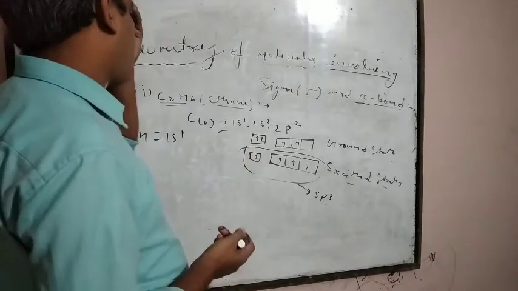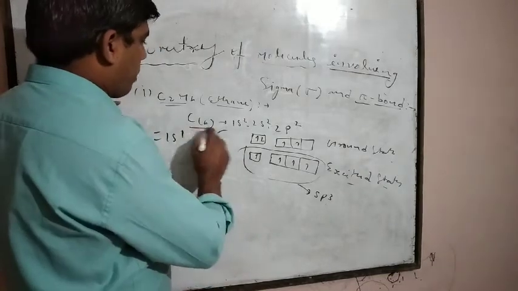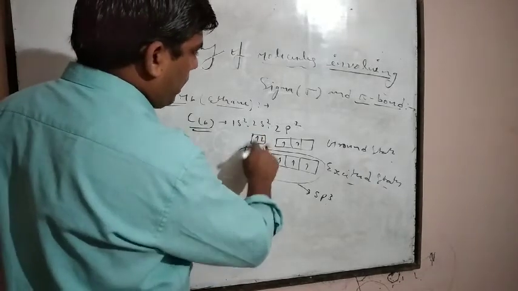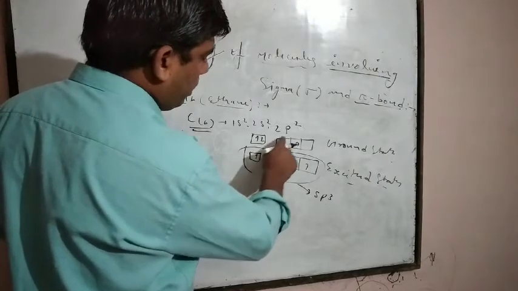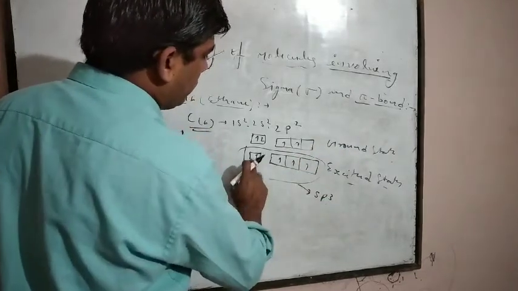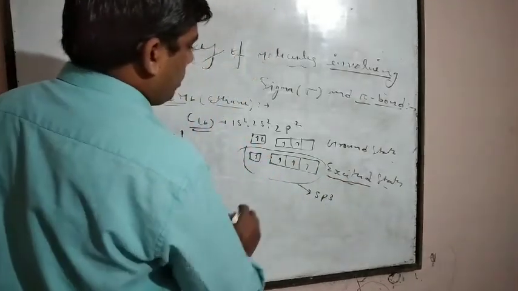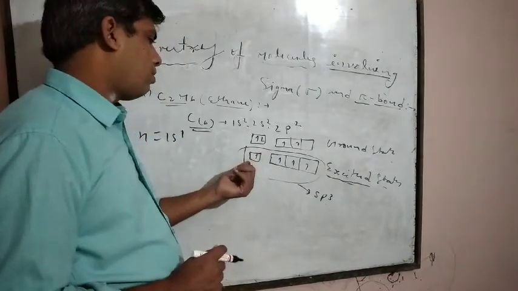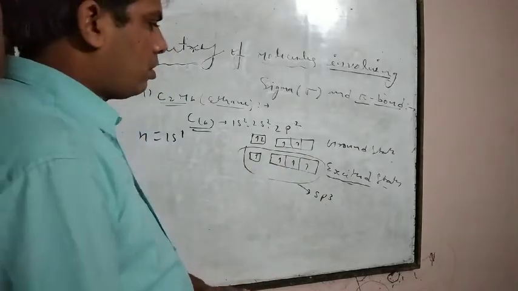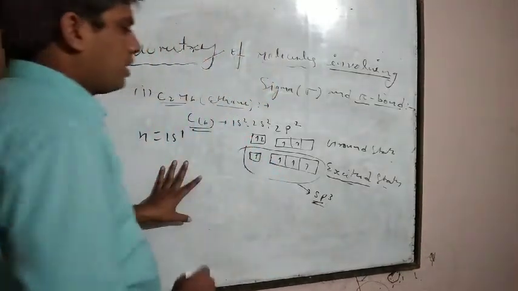Now, what happened? In the last shell, 2 electrons are present in the s orbital and 2 electrons are present in the 2p orbital. This is the ground state, and in the excited state 1 electron jumps from 2s to 2p. This is the excited state, and in this way 1 orbital of 2s and 3 orbitals of 2p intermix together, and it shows sp3 hybridization.